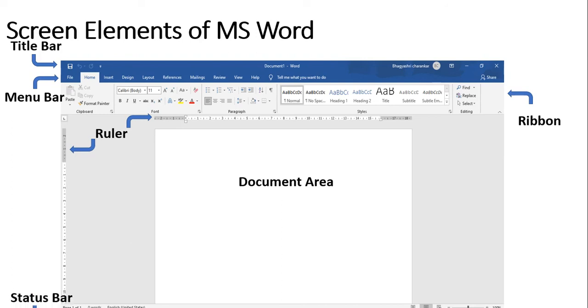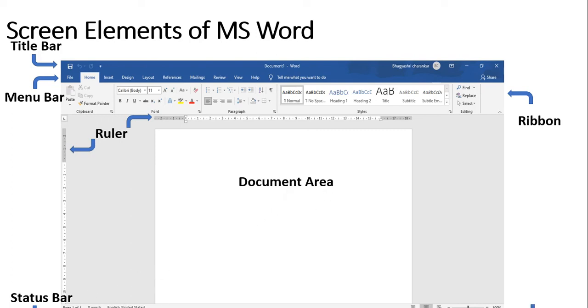The next one is the status bar. The status bar will tell you the number of pages in your document and the current or active page on which you are working. It will also tell us how many words are typed in a paragraph, on a page, or in a document.